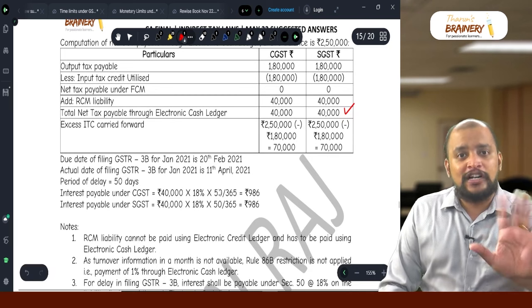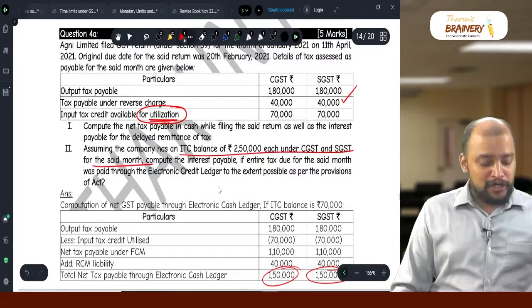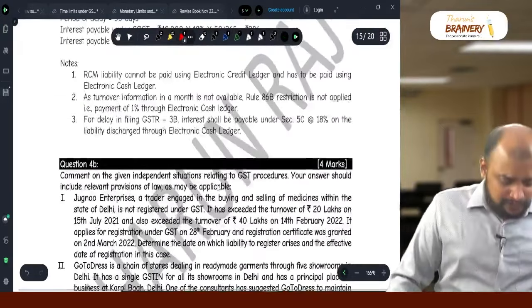So here there is no alternative answer. This is correct only. But here only there is an alternative answer possible. The student should get the marks. Then next,